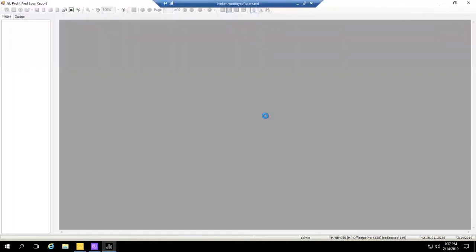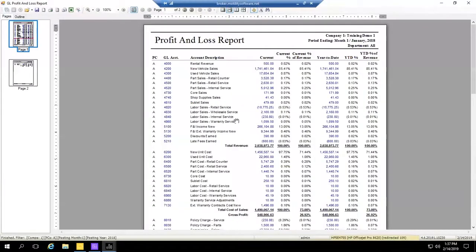So there's quite a few reports that drill down reporting has been added to. Not every one, of course, but the majority of accounting reports, you're going to start seeing a blue link. So that blue link is actually what we call drill down reporting, and it allows you to dive into that GL account and look at what balances were creating that. So in here, if you look at our very first line, we have rental revenue of $500 in my January